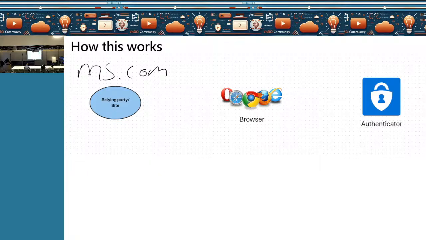So there can be two types for a relying party. Browser is usually called a client. So basically, it can be any browser, doesn't matter. Of course, as an organization, you would have restrictions, what kind of browsers you want to use, but generally, let's assume any browser. An authenticator is a device, which is generally your mobile device.